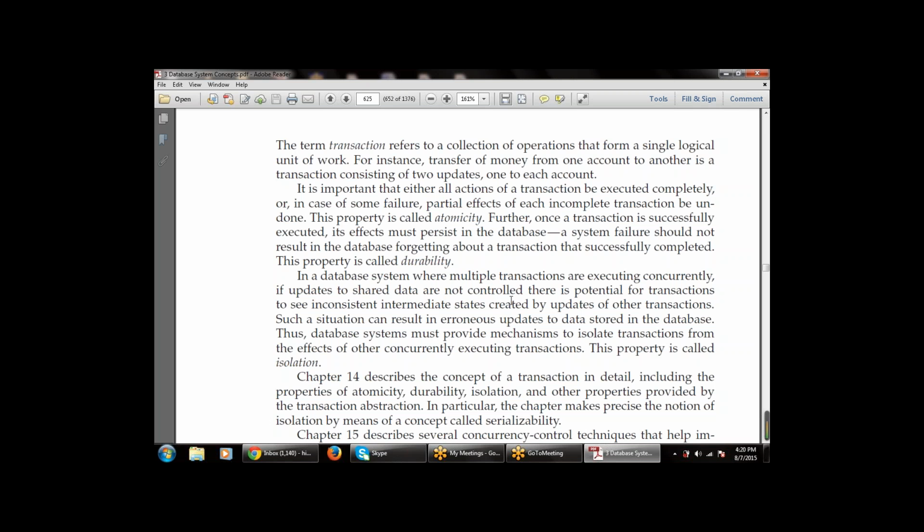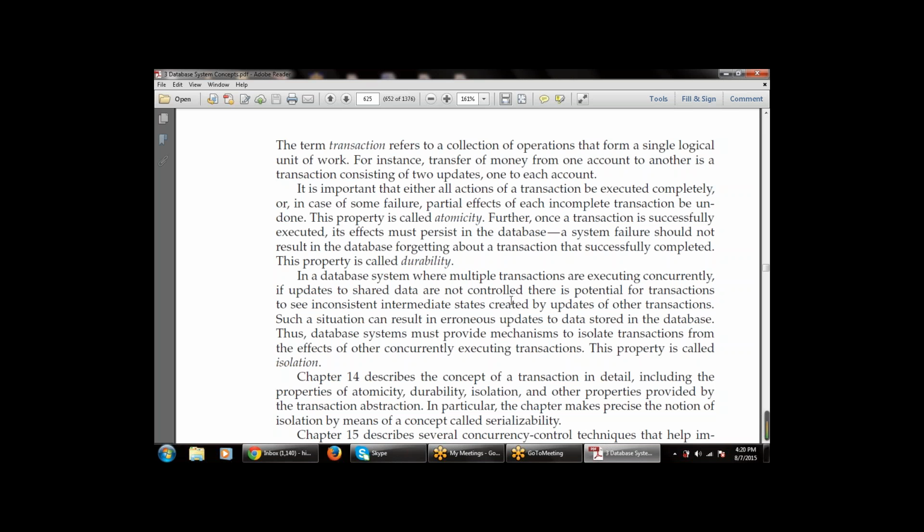This property is known as isolation. That means isolated from one executing property, that is, one transaction does not interfere with another transaction; they work in isolation. Chapter 14, the next chapter, describes the concept of transaction in detail, including the properties